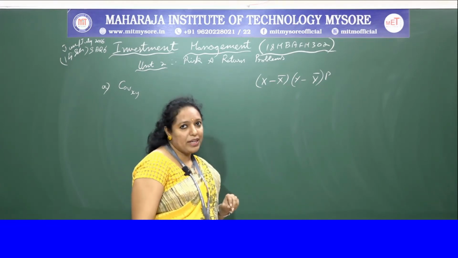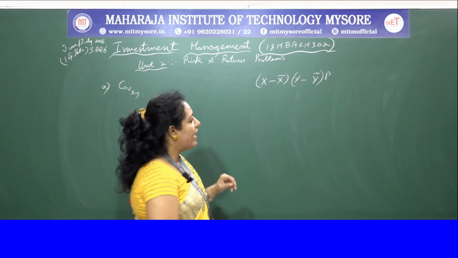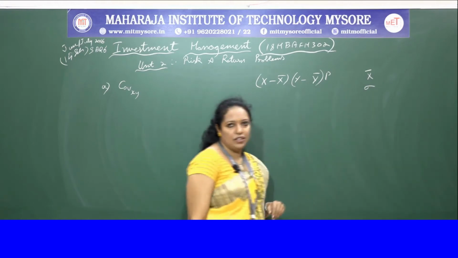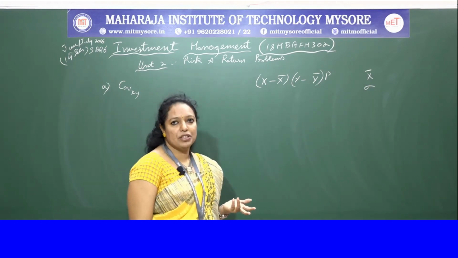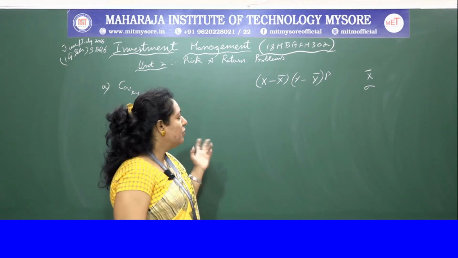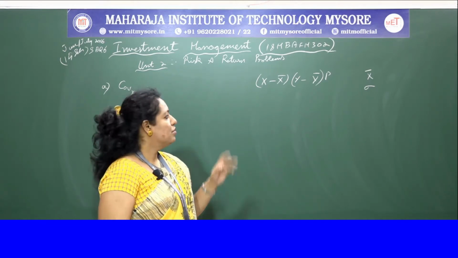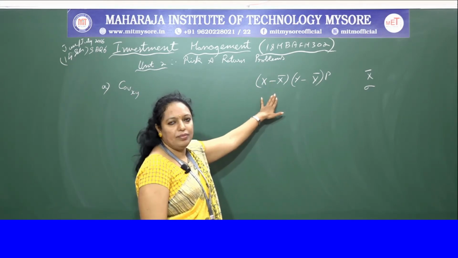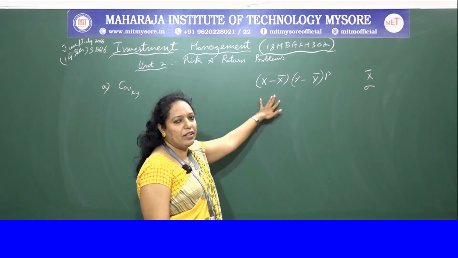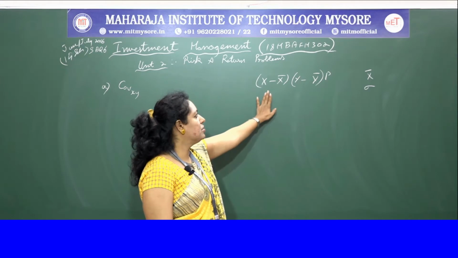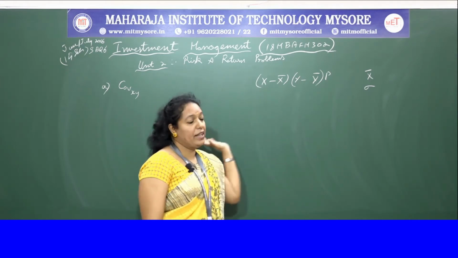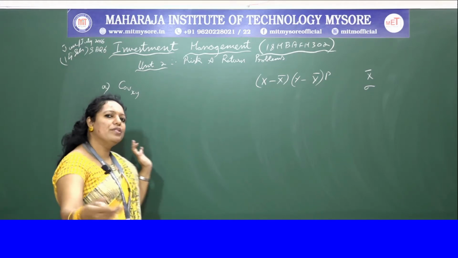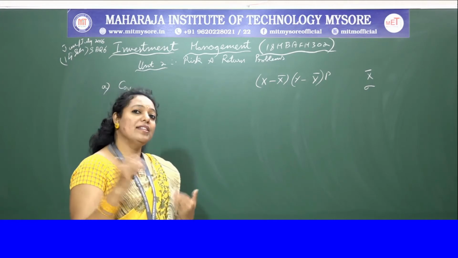But as in the problem you can see, they have given only the expected return, which means x bar, and they have given standard deviation. So we don't have the x, because the information is not given for a larger number of periods. So we don't know what is x. In this case, we cannot use this formula. When they directly give the expected return, that is x bar, we cannot use this formula for calculating covariance. Hence, we can use another method where covariance appears.